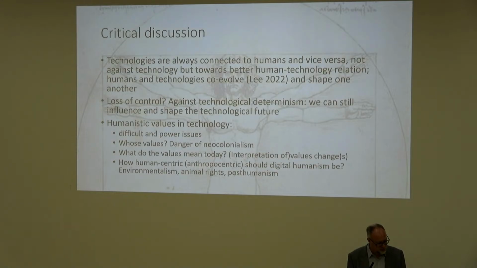Also, how human-centric should AI, should also digital humanism be? So with human-centric technology, the intention is good. We mean that this human value should be in the technology. But human-centric is also problematic if it means we only take into account the interests and value of human beings. Today, in the 21st century, we should be ethically wiser and also take into account other beings and the environment. And of course, that's a huge challenge to do, to think about this also. So even just philosophically, for example,